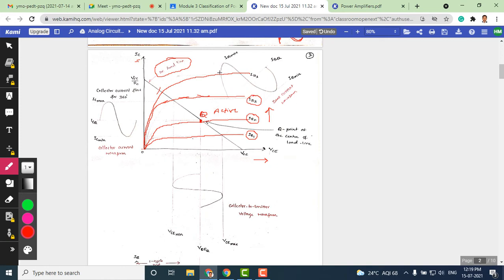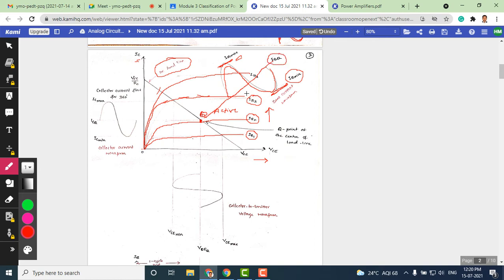It is nothing but the base current, as you can see here. So this is one full cycle of base current we have shown here. Just we can extend this line here. Since this line is not visible to you, I'm just redrawing it to show the negative half cycle here and a positive half cycle here. So this is one full cycle of base current. This is IB minimum, IB max, the maximum base current. And this is the Q point, IBQ, the quiescent base current.